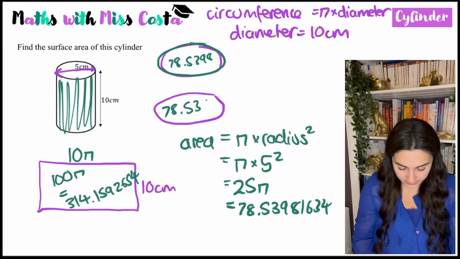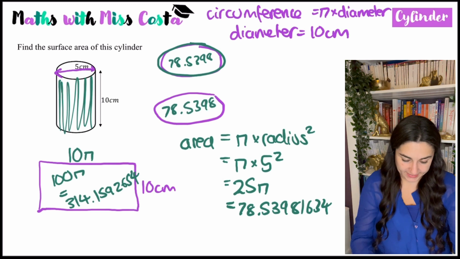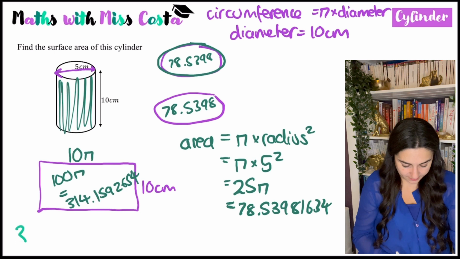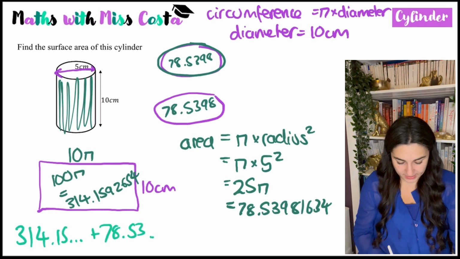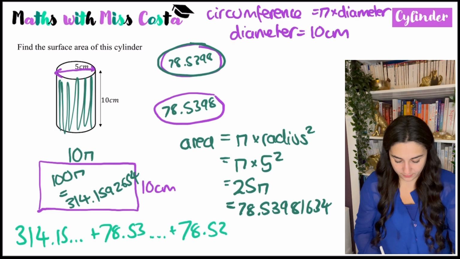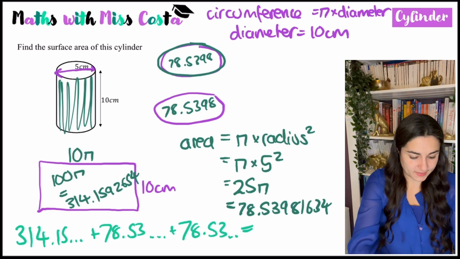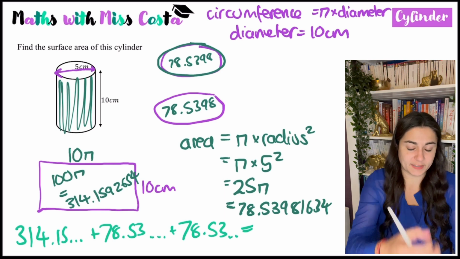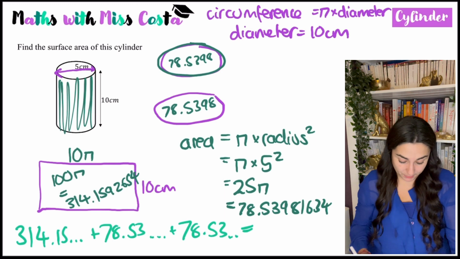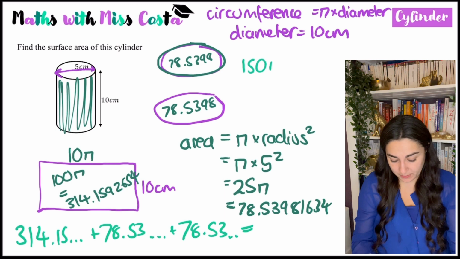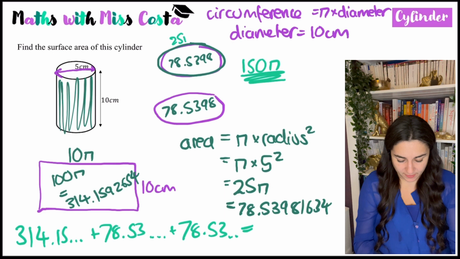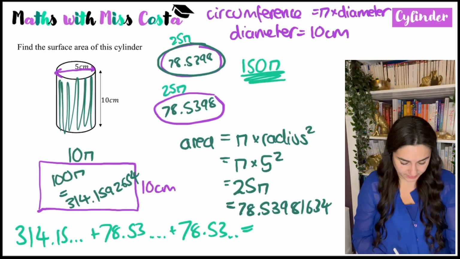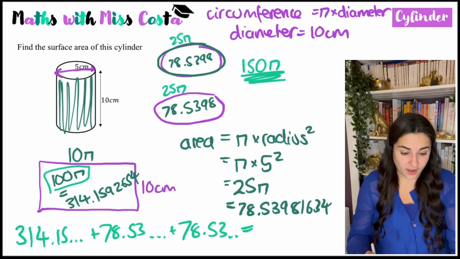So 78.5398 times 2 plus this. So your total surface area is going to be 314.15 plus 78.53 plus 78.53. And you could also have left it in terms of pi until the very end, so that would have given you in total 150 pi. So sometimes it's easier to work in pi. So that would have been 25 pi, that would have been 25 pi, and this would just have been left as 100 pi. But either way, 150 pi